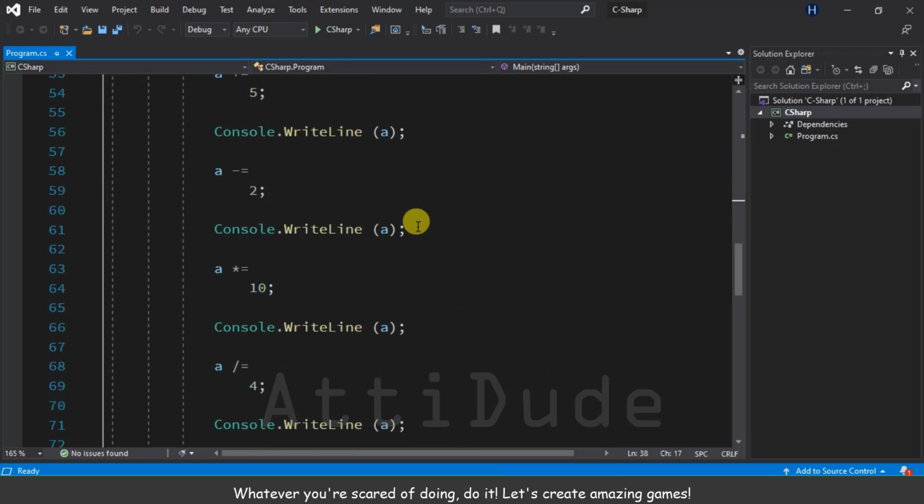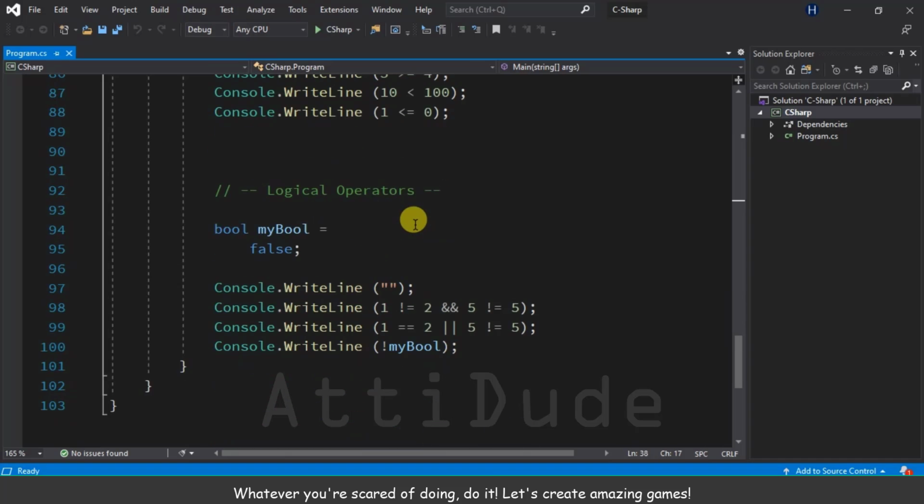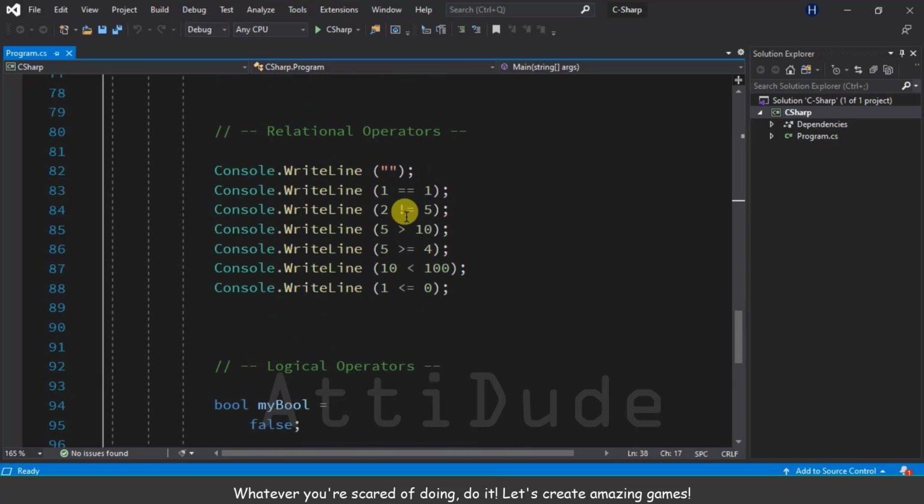In our last video, I told you that relational operators give a Boolean value. That means there are Boolean expressions. So in conditions, we use these Boolean expressions, actually the Boolean values, and then process our data. For example,